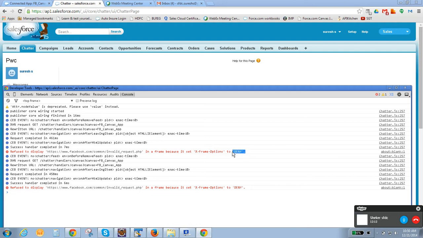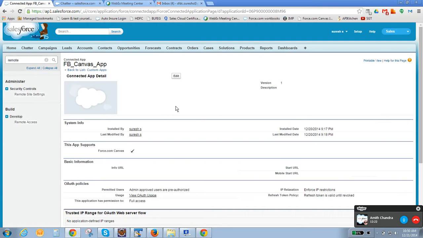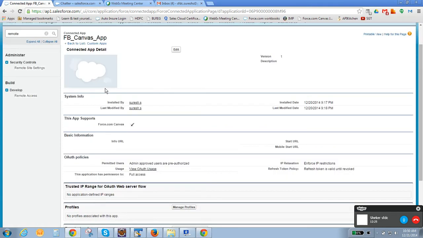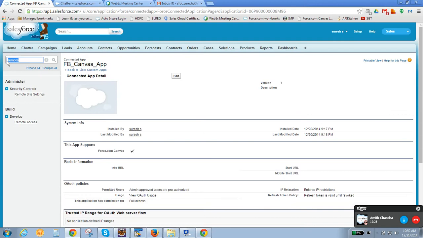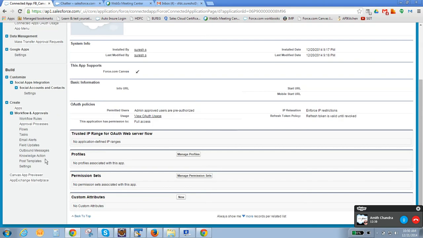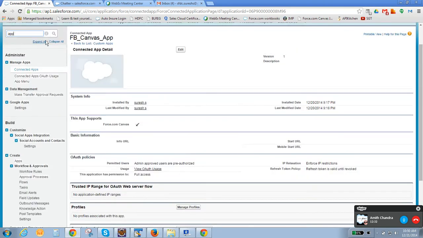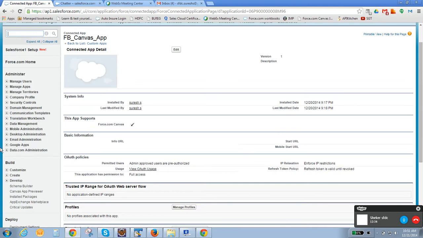It's refusing. Facebook has an option to deny, I think Facebook couldn't open. So what we will do, we will change the URL to some other one.